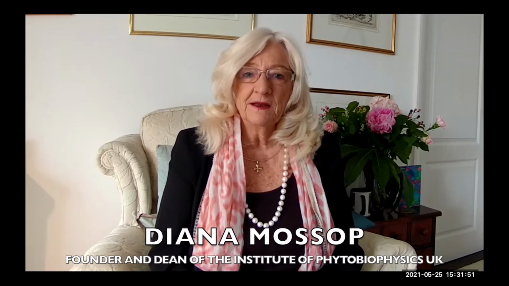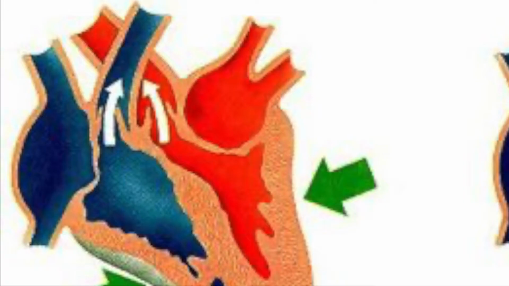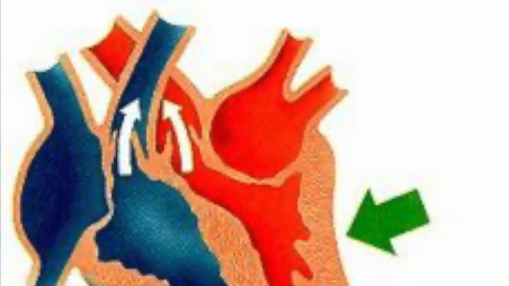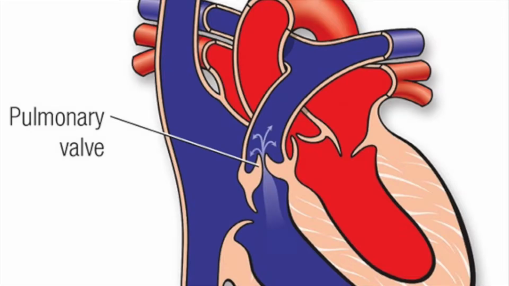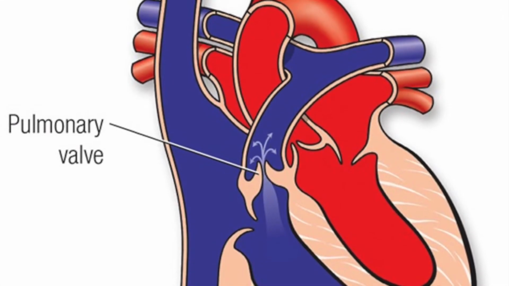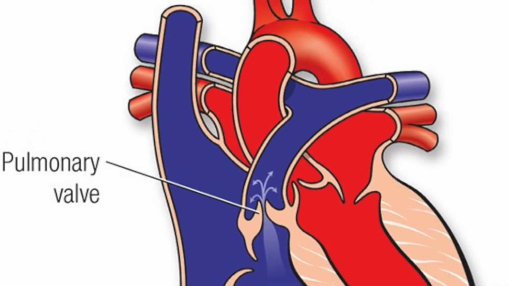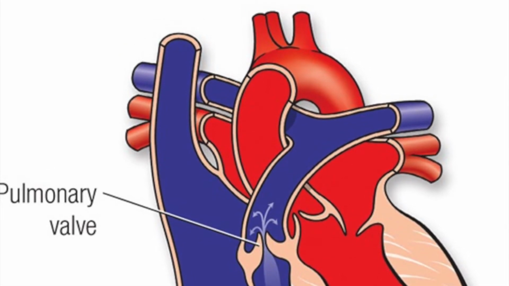Hello everyone. Today what we are going to discuss is the systolic valves of the heart. The extraordinarily powerful systolic energy is pumping upwards through the pulmonary valve on the right side of the heart and through the aortic valve on the left side of the heart. The pulmonary valve is responsible for pumping deoxygenated blood directly up into the lungs, carrying also waste products from the body, the chyle, the waste products from the lymphatic system, and of course, carbon dioxide.